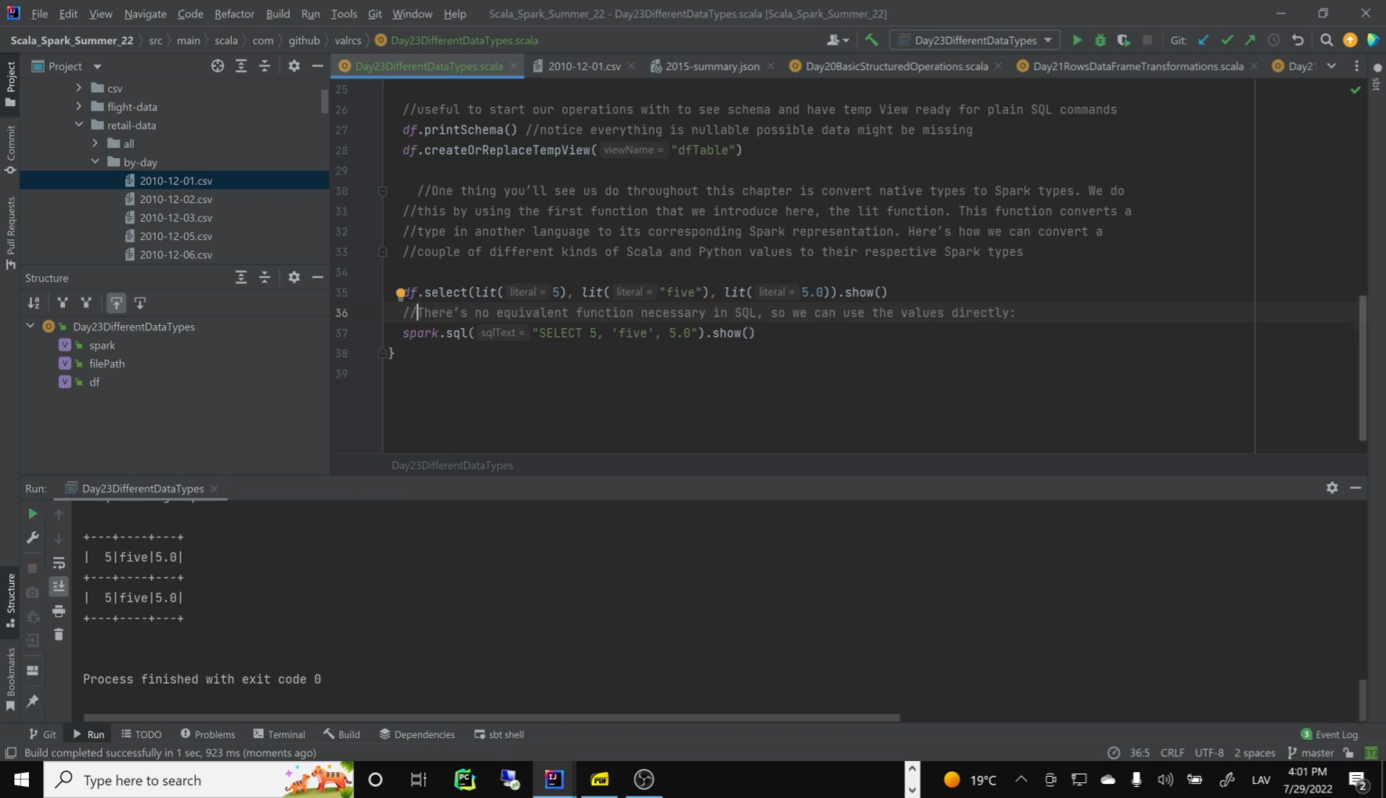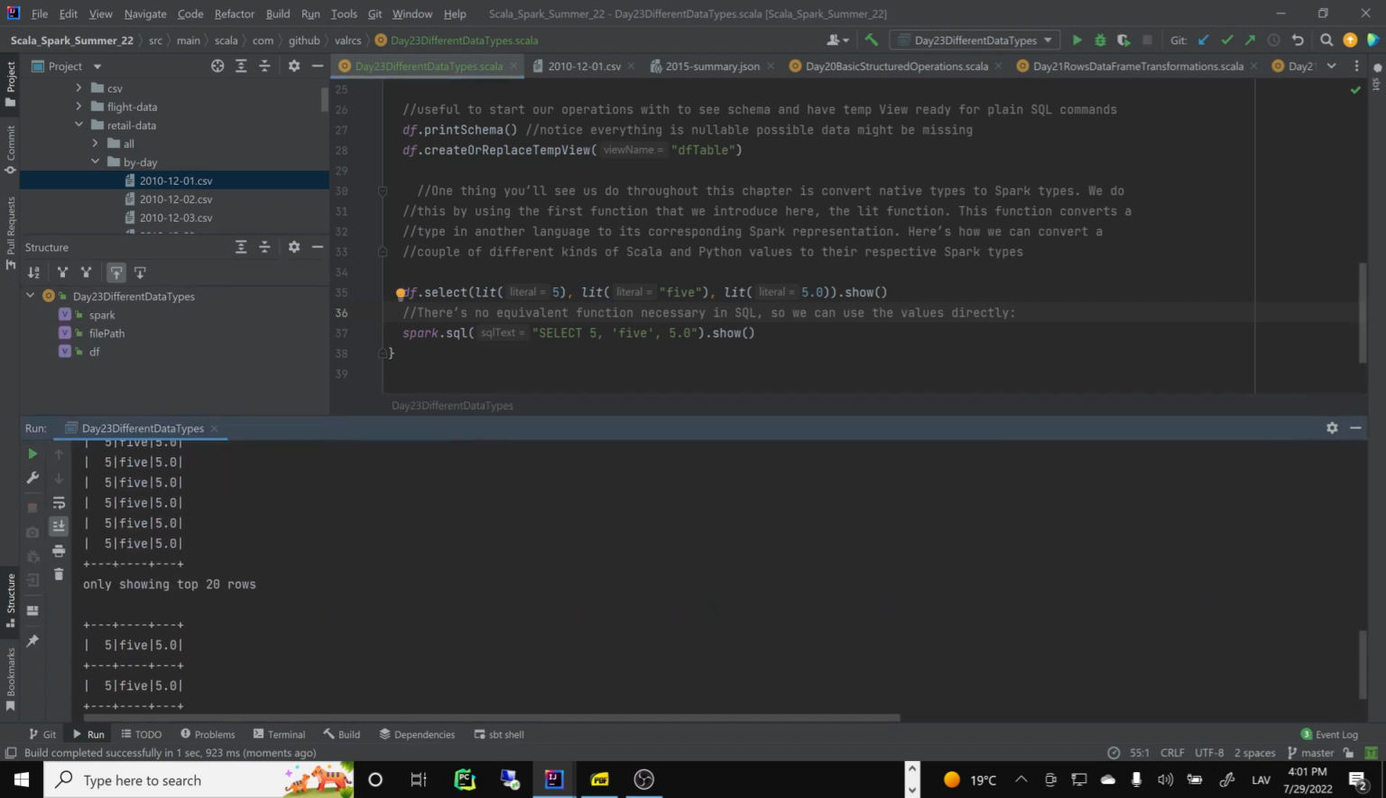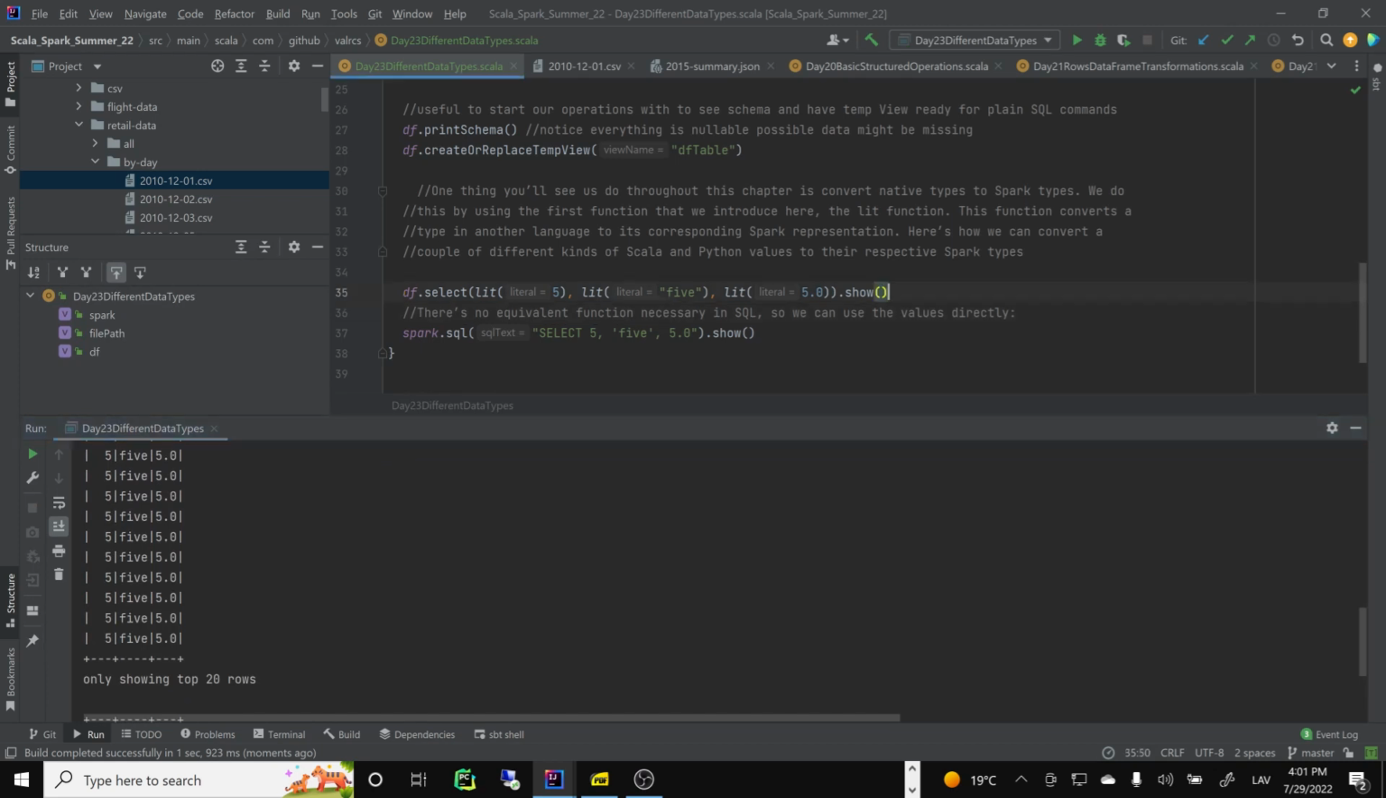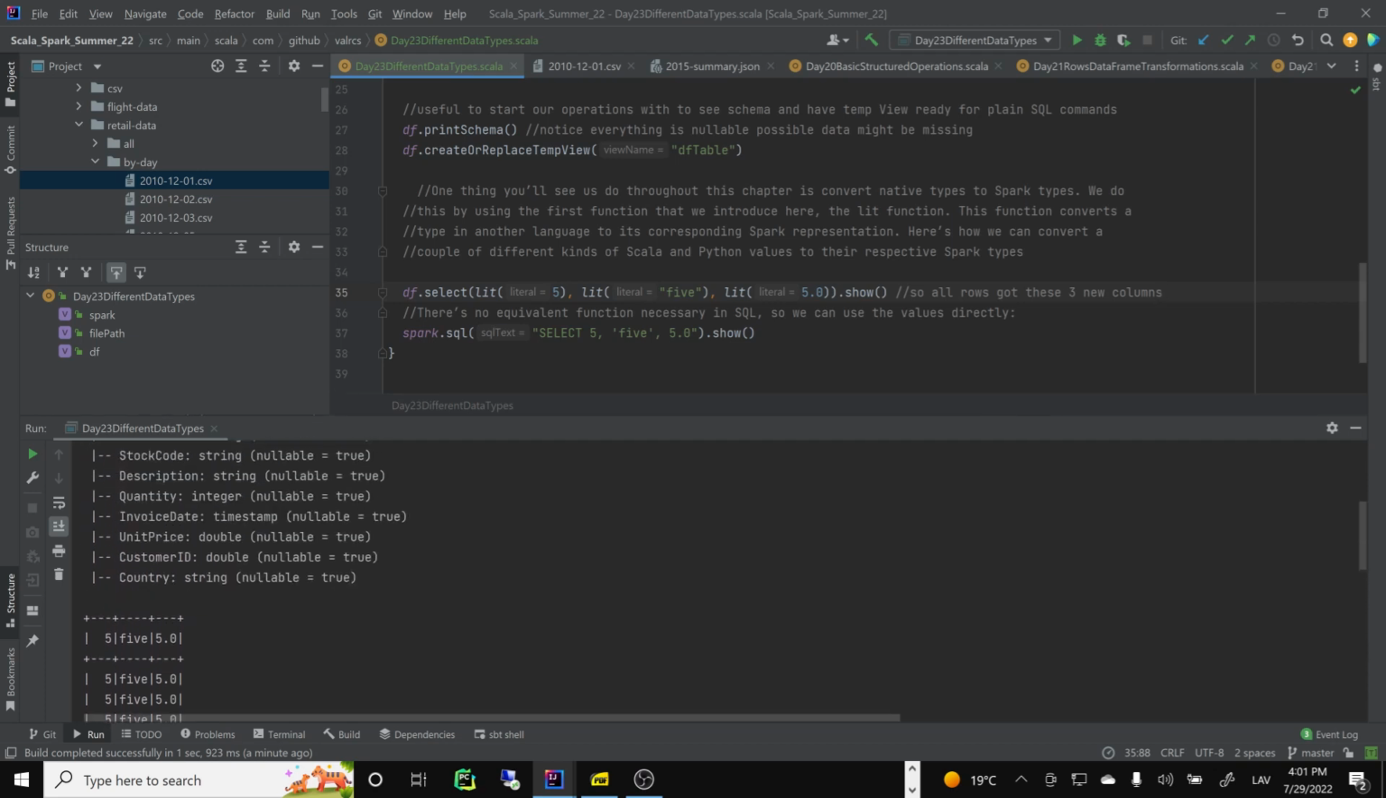Yeah, so completely right. So this showed, oh right, so there's a slight difference, right? So this showed only the top 20 rows, right? So what happened is basically, all rows got these 3 new columns, right? So interesting enough, this only shows 2. Why does it only show 2, right? So these columns,